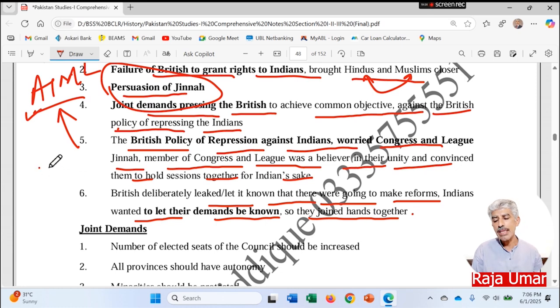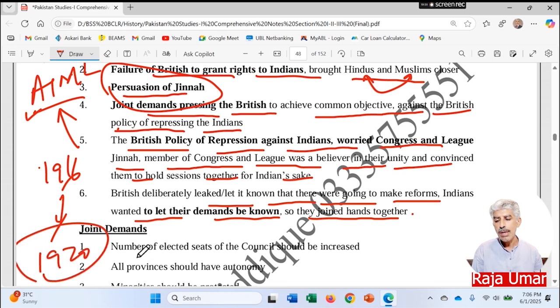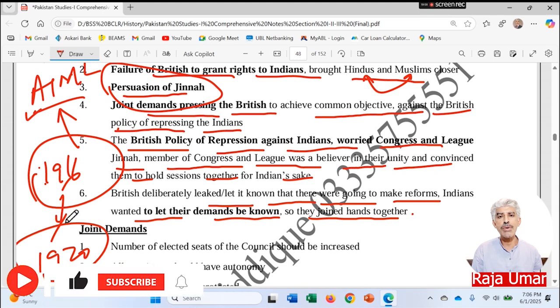So as you know, things were moving from 1916 towards the end of this decade. So it was perceived that till 1920 there might be some new reforms coming onto the scene. The British wanted to be able to give their proposals in front of the people. So they leaked those proposals to the Indians by themselves, and the Muslims and the Hindus sat together to draft